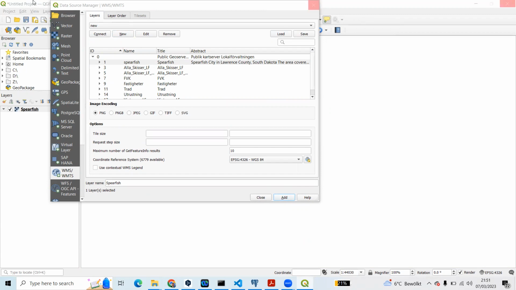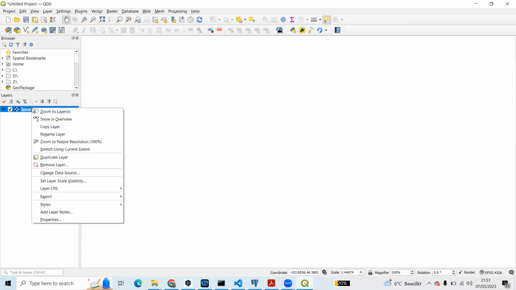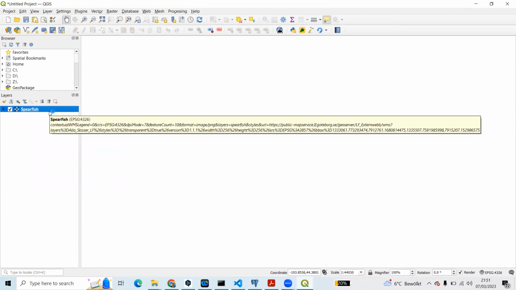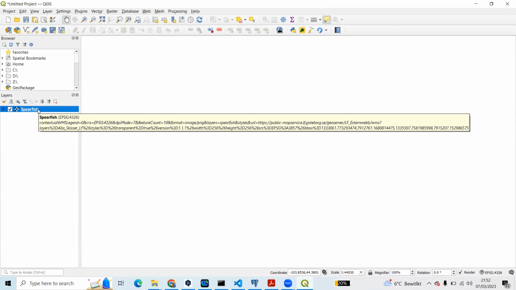But my QGIS is not responding well, so we have to wait for some time. Yeah, then this layer is now here, so we can go here and zoom to layer, and when we just hover around it, the URL of this data is shown. Okay, so public map service something something and something,